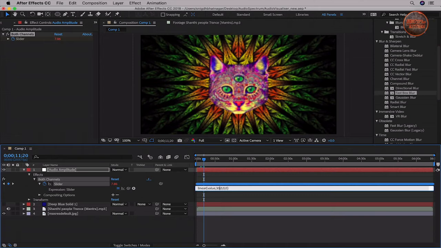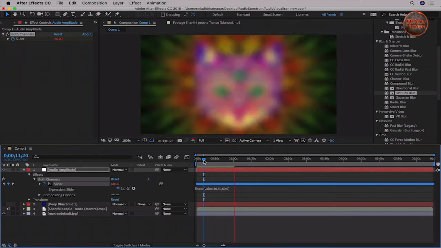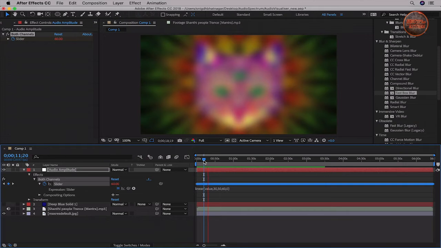So I'll explain these 0 values now. Enter 30 in the X and 60 as the remapped value. So I'm saying that the image should react to only frequencies of 30 and above, and I'm redefining those frequencies to be 60 here. Similarly, type in 50 and 100 on the other end. So now you see that the image is not reacting to any frequencies below 30. Let's see the result.